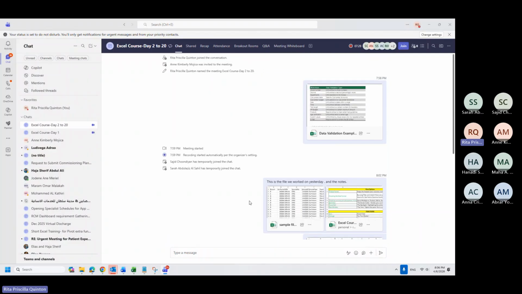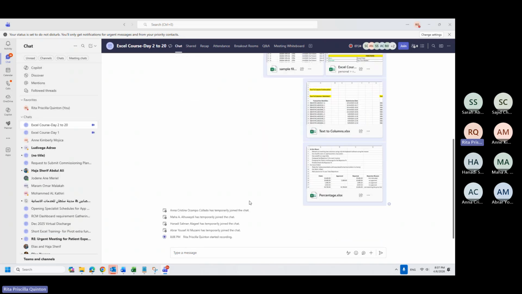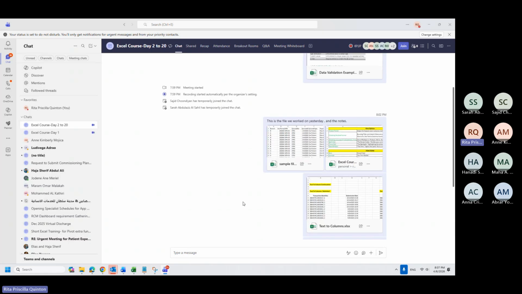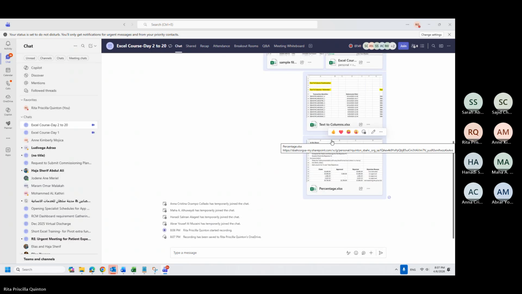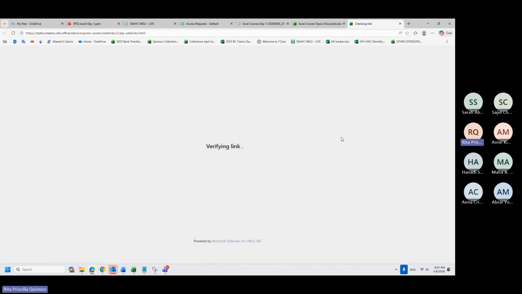I sent some files on the chat, so if you could access them, just tell me also if you are having issues in accessing them. These are the files that we worked on yesterday, which shows the functions and formulas that we discussed.